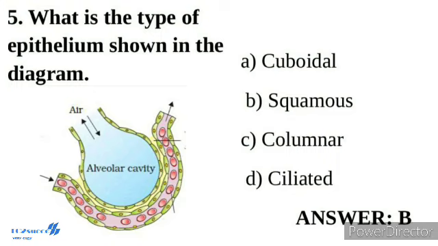Solubility of the gases as well as thickness of the membrane involved in diffusion are also some important factors that can affect the rate of diffusion. Pressure contributed by individual gas in a mixture of gases is called partial pressure and is represented as pO2 for oxygen and pCO2 for carbon dioxide. Partial pressure of these two gases in the atmospheric air and the two sites of diffusion are given.